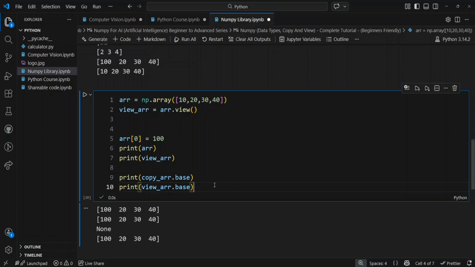So in this video, we learned what dtype is, how to check dtype, how to convert data types using astype, the difference between copy and view, how slicing may return a view,